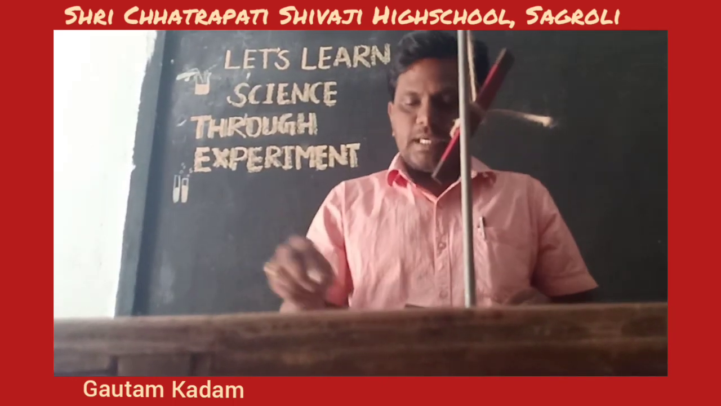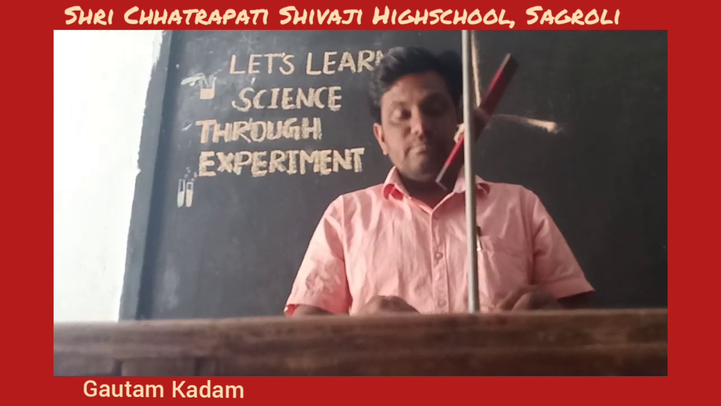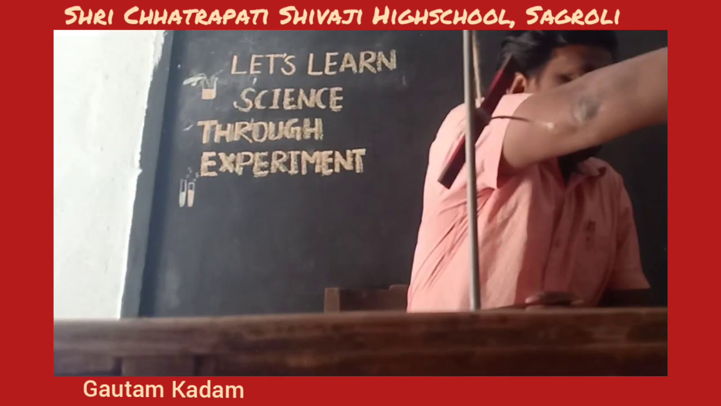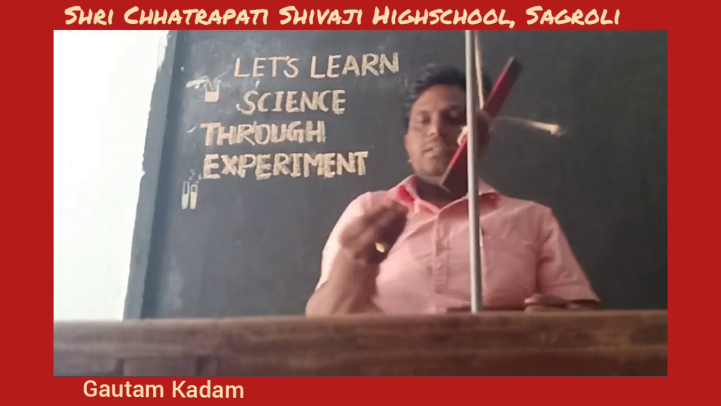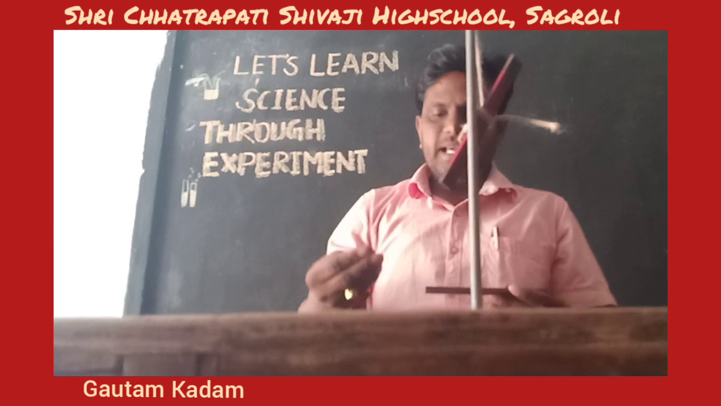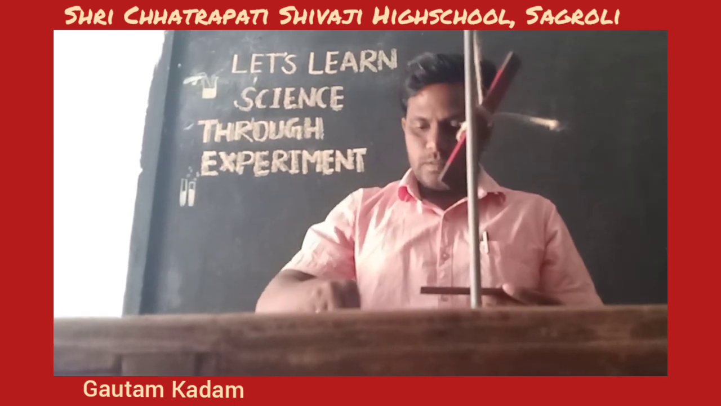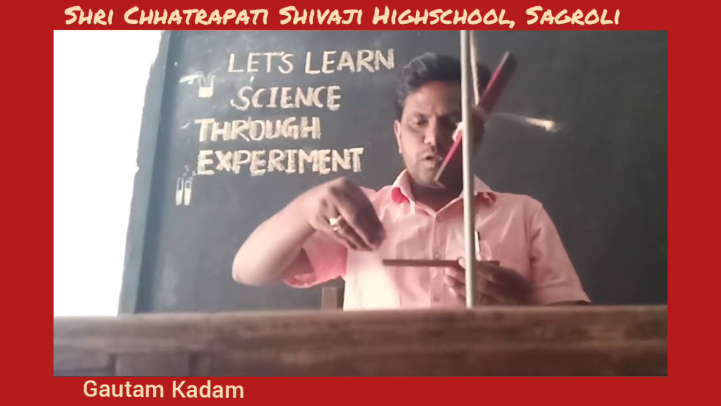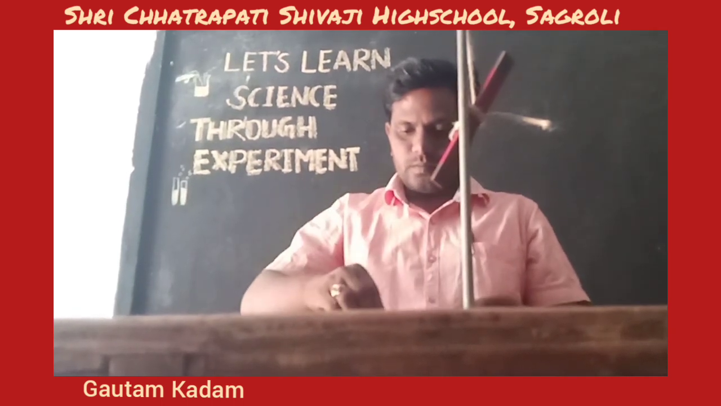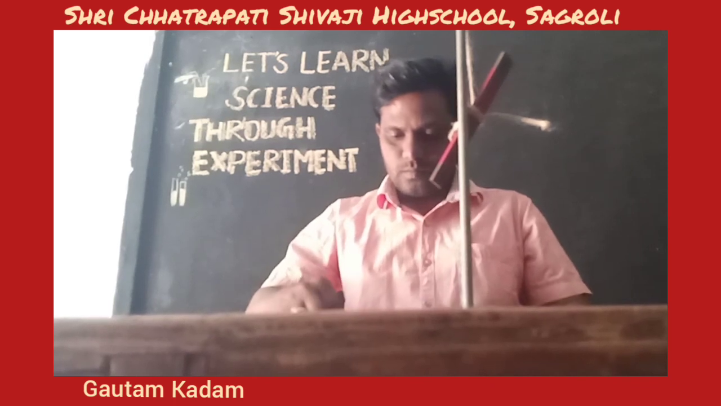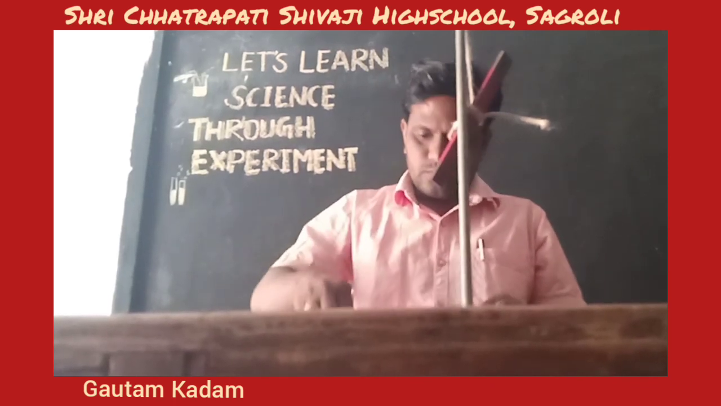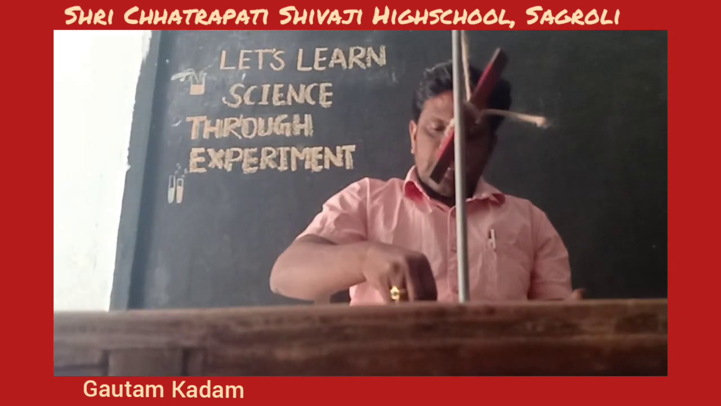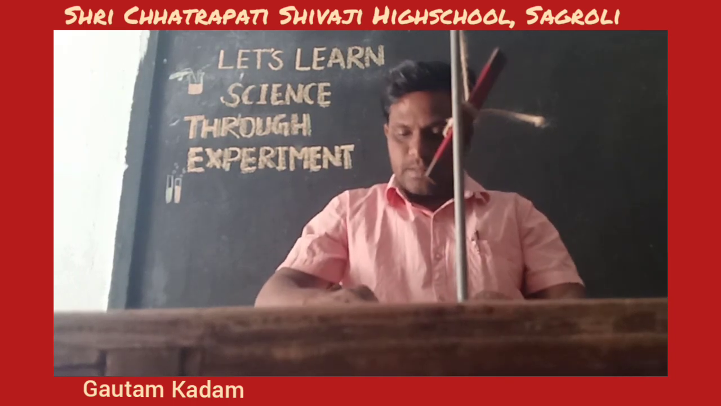So the fifth property of magnet is magnetic strength. Suppose this is iron filings, and when iron filings are put on the poles of the magnet, and in the middle portion of magnet